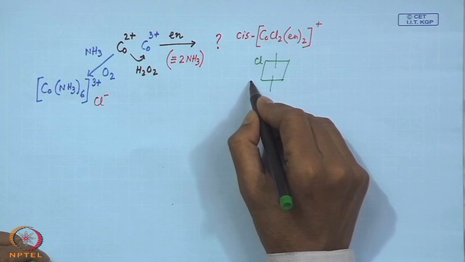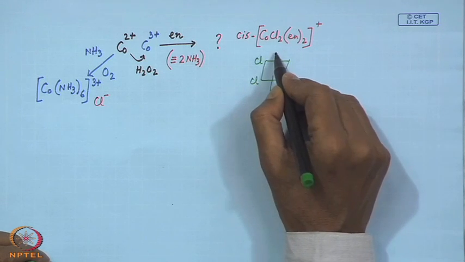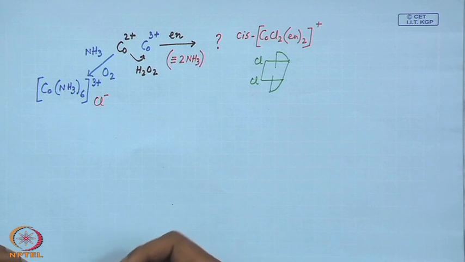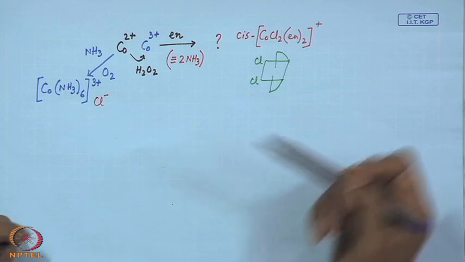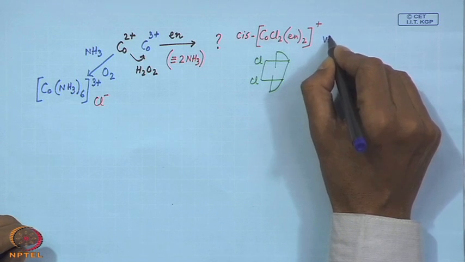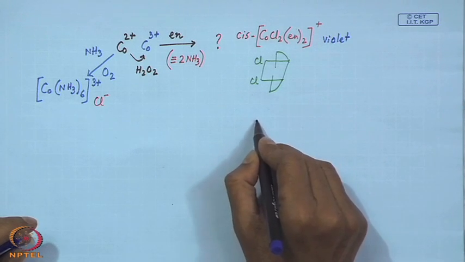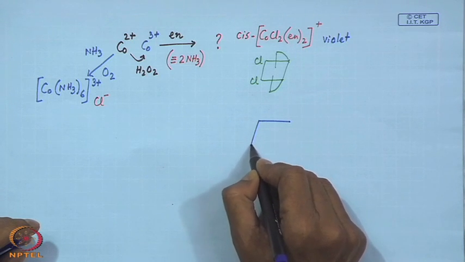Two of these chlorides are in cis position, and this is that ethylene diamine, which is violet in color, and also the